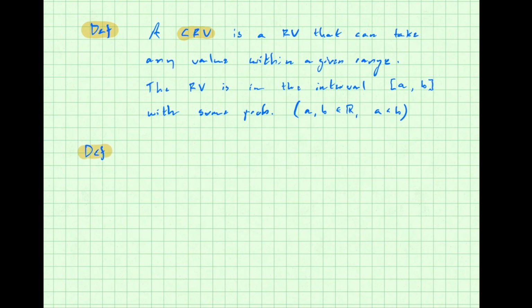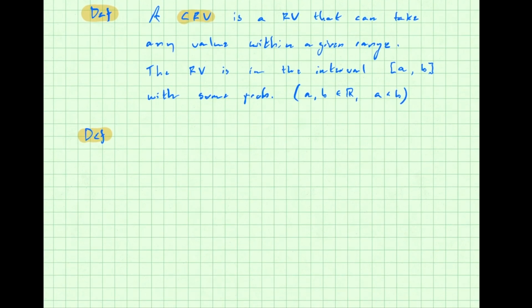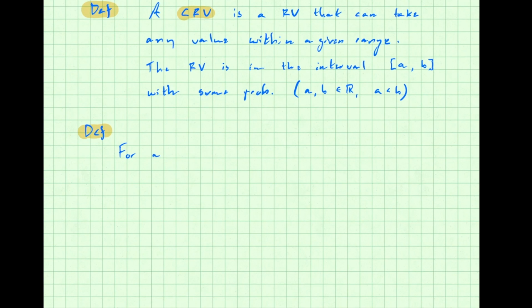What we're really going to define here is the analog of the probability mass function. So the name is going to show up at the very end. It's called probability density function, but it's going to show up at the end of this definition. So we'll say for a continuous random variable y, we could have used x. I don't know why we switched to y. For a CRV y,